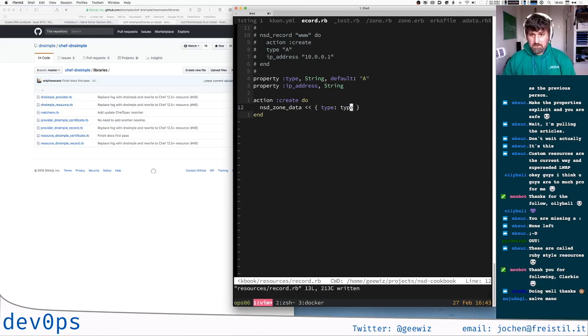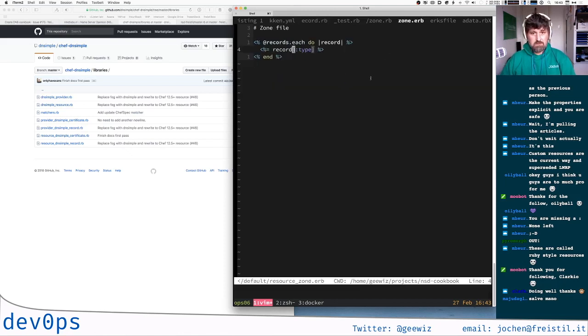So still we are going to use broken records for testing, just with type, knowing well that we'll have to extend this later. So we'll add all this to NSD zone data, and in my zone